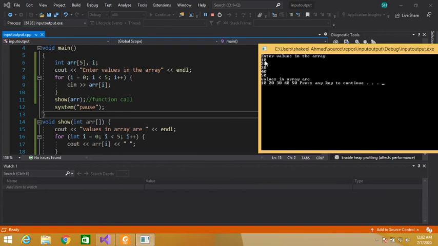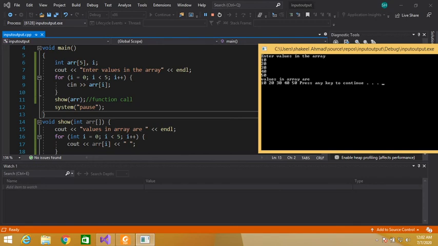The value at index 0 is 10, so 10 is printed here. Then I am giving some space. The loop iteration ends, so the control comes here, increments i to 1, 1 is less than 5, yes, so cout ar of 1, the value at index 1 will be printed, that is 20.